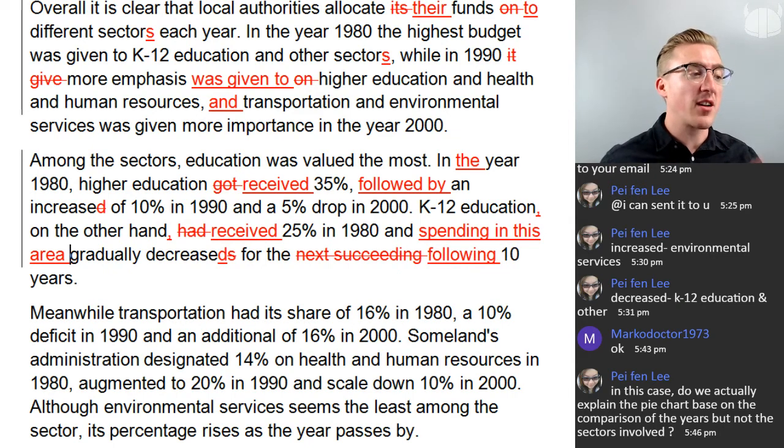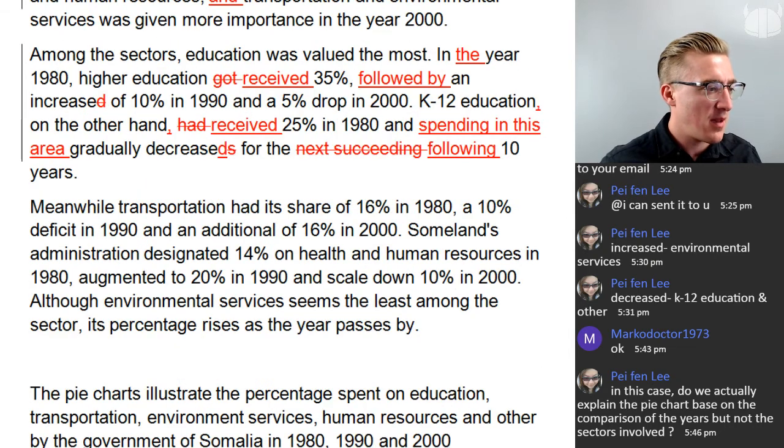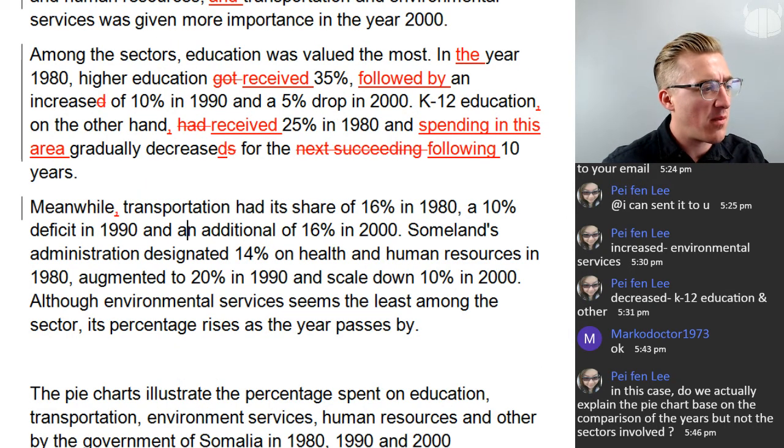Spending in this area gradually decreased. So always check your subjects and verbs. That's one of the more common mistakes, is just the subject and verb doesn't quite match. Meanwhile, transportation, there's a comma here, had its share of 16%. Transportation,